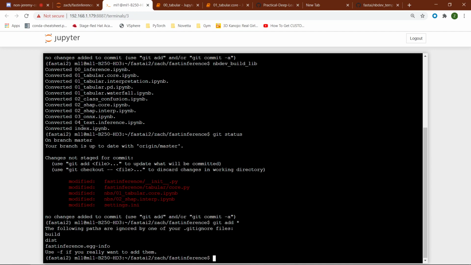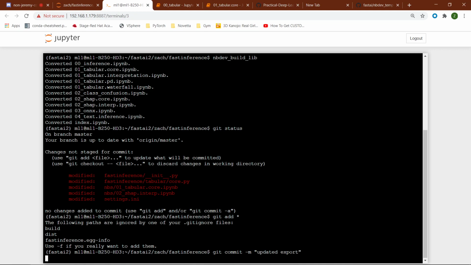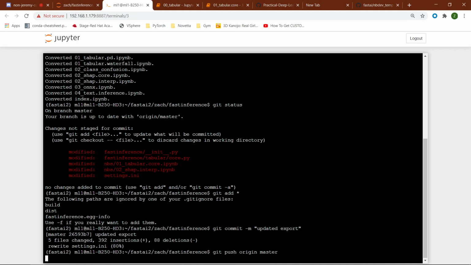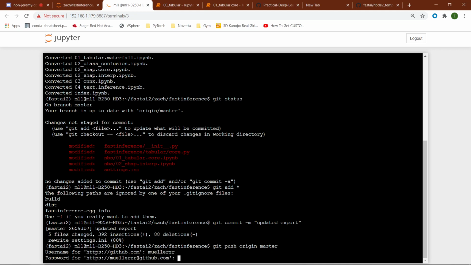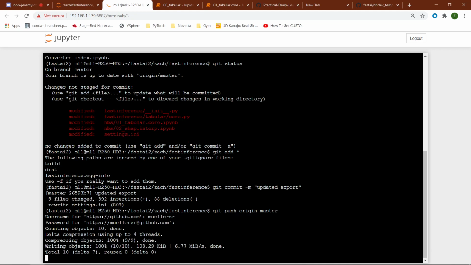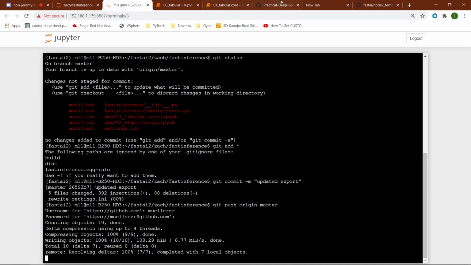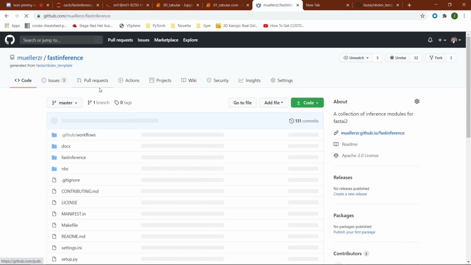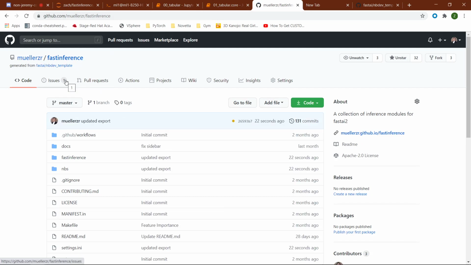Then we just do a git add, git commit, just say updated export, and git push origin master. And then you just type in your username and password. Now, if we go then over to fast inference, if you've done everything right when setting it up,